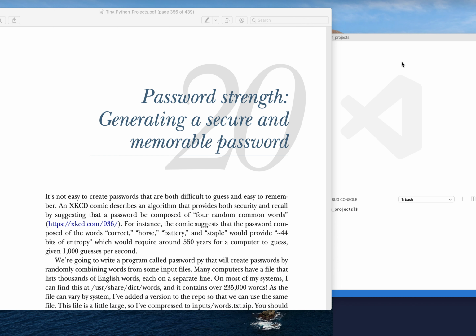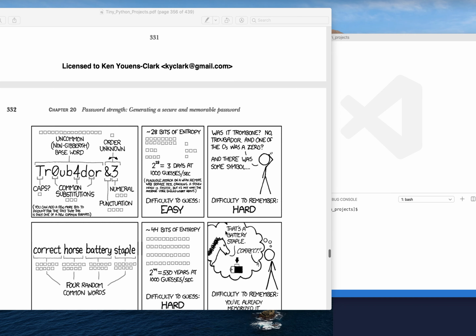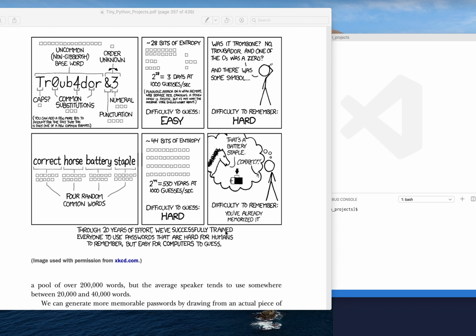All right, welcome back. We're up to chapter 20 now. We're going to work on generating a secure and memorable password. A pretty fun thing to do, and the inspiration for this came from an XKCD comic that says a